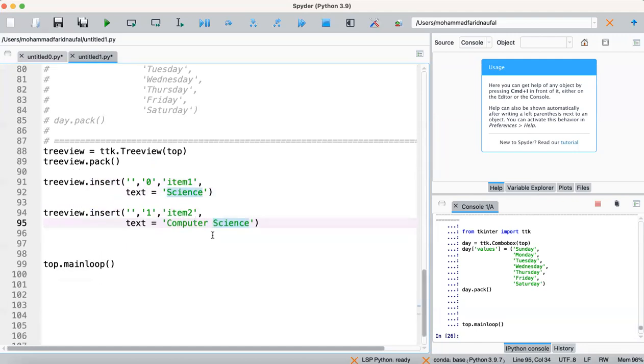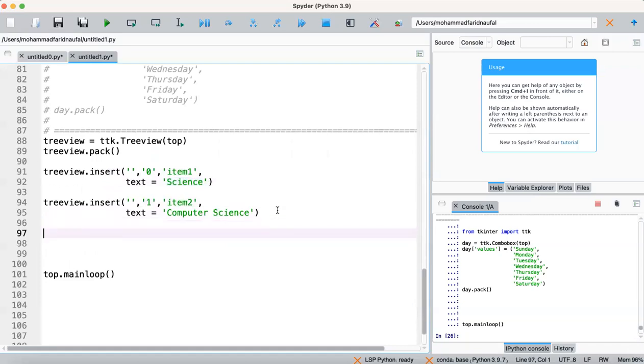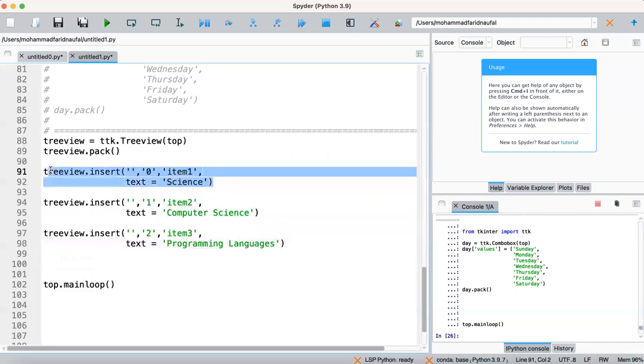And for item 3, it is programming languages. There are many ways to create a tree view, but this is one of the ways for creating the main tree view. So item 1, item 2, and item 3.